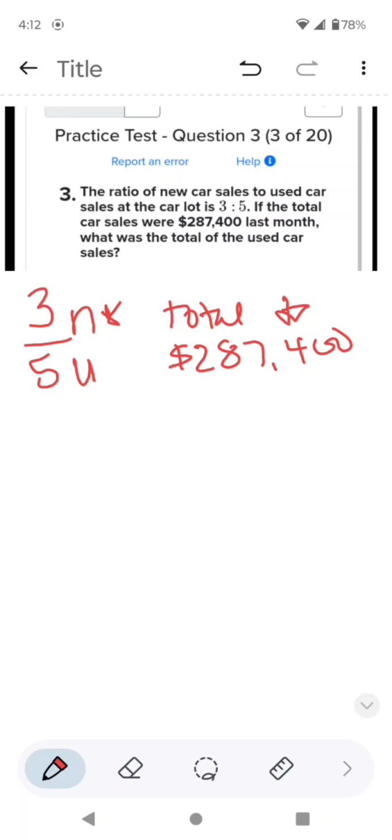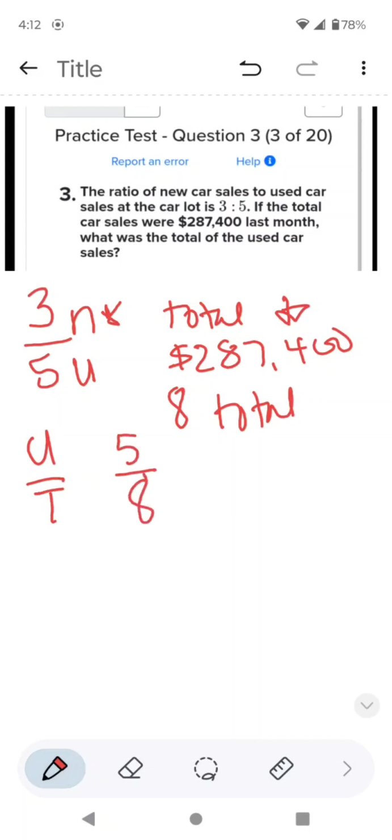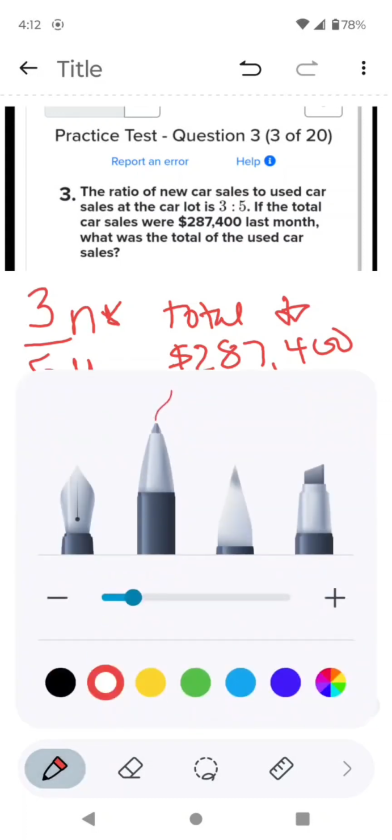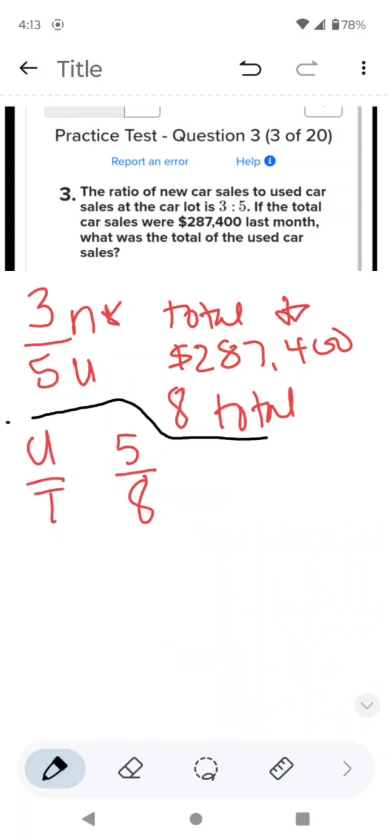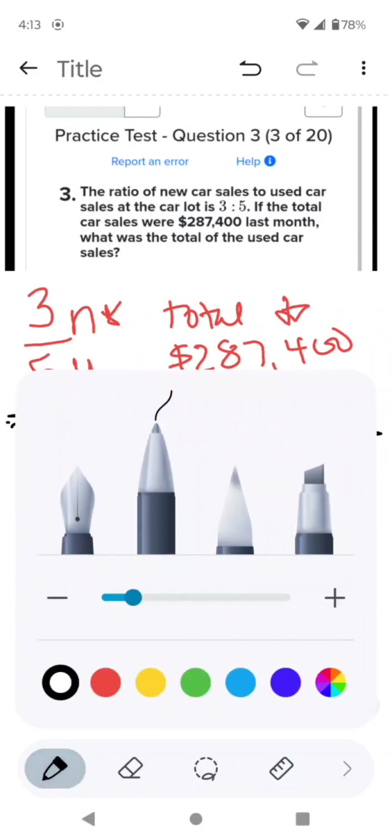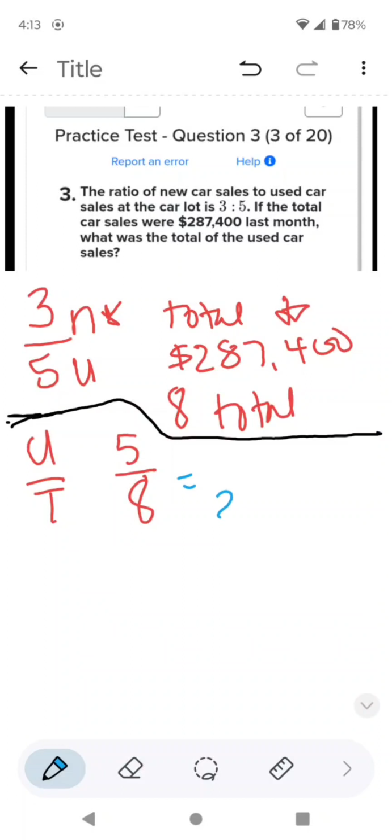So let's find the total amount of cars that they sell, which is going to be 8 cars per month. So that's the total amount of cars. Now we can compare our used cars to our total, which will be 5 used to 8 total cars sold. So that's how you would break that down to get the right proportion, or the right comparison to what you're trying to get. Now, I know the total amount of sales I made in cars was